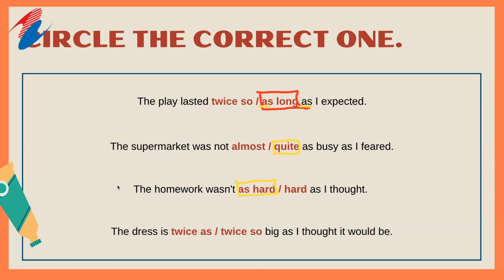오케이. 그러면은 선생님들 정답은 the dress is twice as big as I thought it would be. Remember, 우리가 the reason why we're doing this is because we're looking for as and as. 그쵸? As and as. 오케이? 네, 그러면은